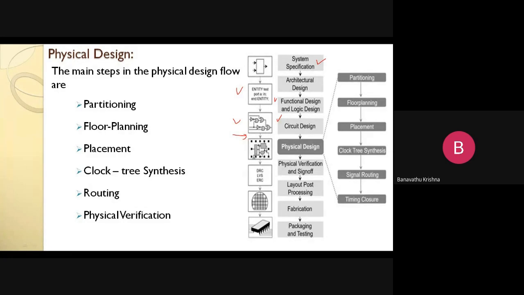I told you physical design is the process of transforming a circuit description into a physical layout, which describes the position of cells and routes for the interconnection between the modules. This is the way of physical designing. The block spots around this boundary are called the IO blocks, that is, input output pads, nothing but input pins as well as output pins.